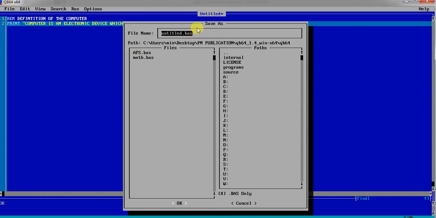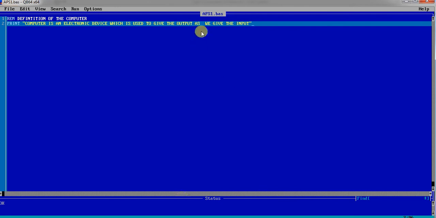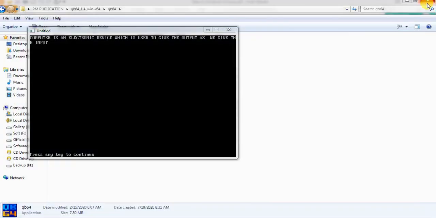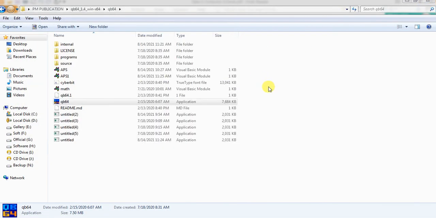Type the name, that is ABS1, in the form of a BAS file, which is the extension of QBasic. So the untitled goes away, and the file name is abs1.bas, and you have to close this program. So in this way we create a simple program through the print statement.